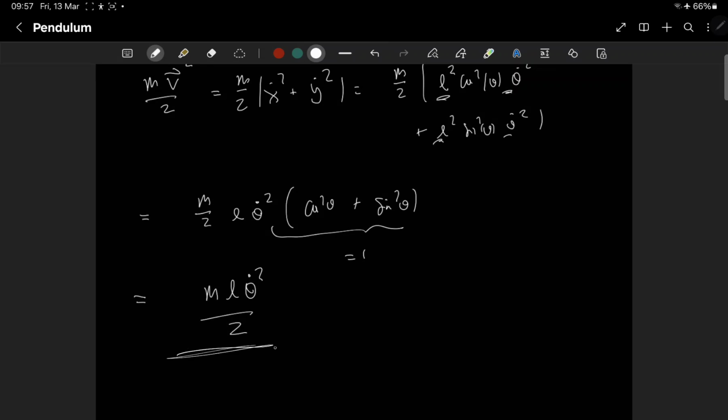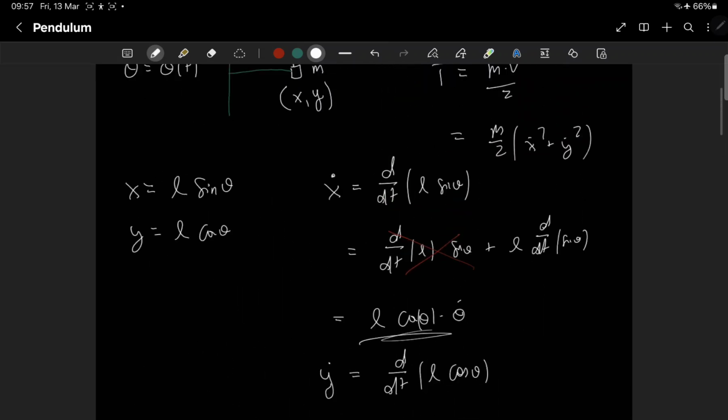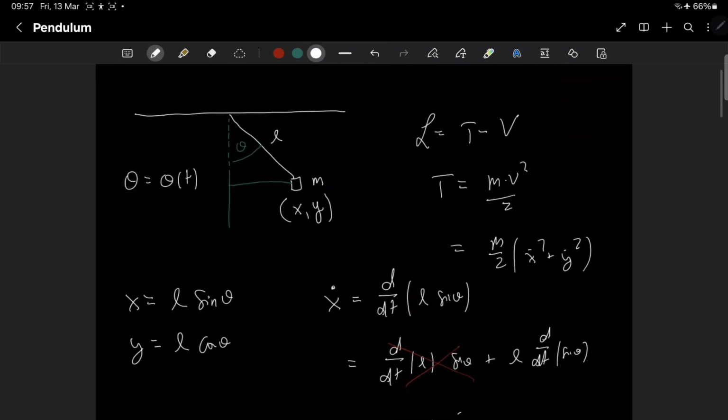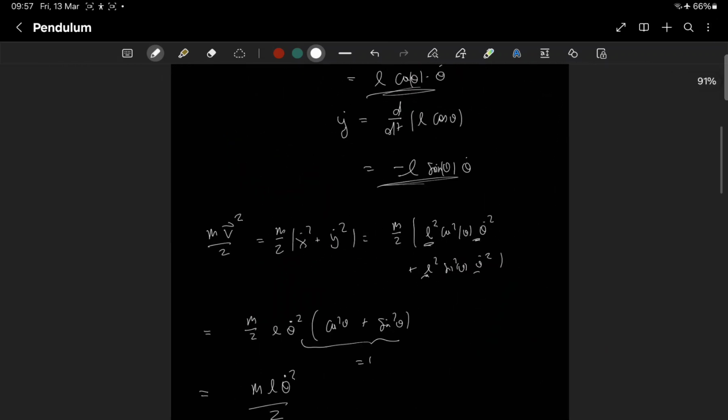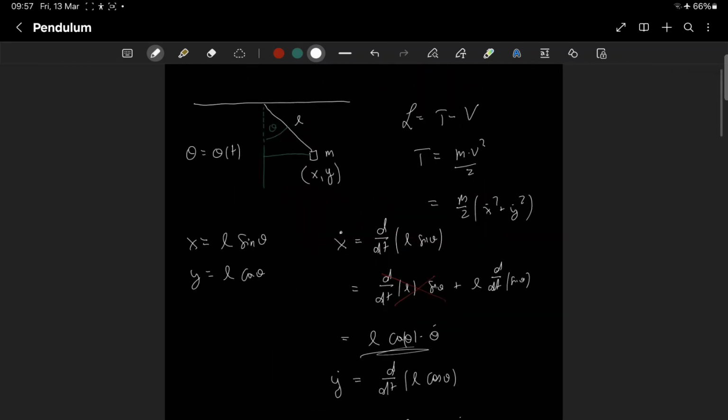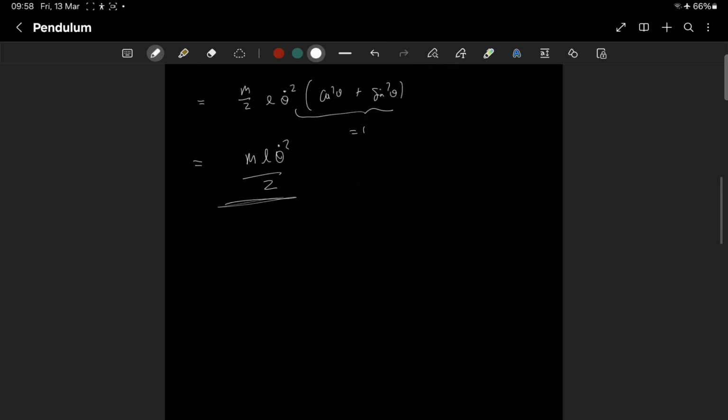So this is the kinetic energy. Now what we have to do is find the potential energy. We're assuming that the support is at a particular height, capital H, and then we can calculate the height of the pendulum. So the height of the mass at the end of the pendulum is just the height